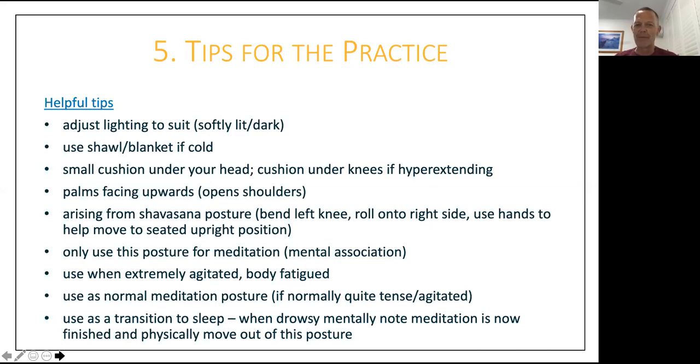You'll just fall asleep. But if you have fatigue and you want to meditate, that's what I tend to do in a retreat scenario. Towards the end of the day, I tend to use the Shavasana posture. The body is a bit fatigued or tired from the day's activity sitting upright, but lying down is very restful, and at the same time you can keep the mind quite alert. And as we saw in Alan Wallace's quote from his book, we can use this as a transition for sleep.